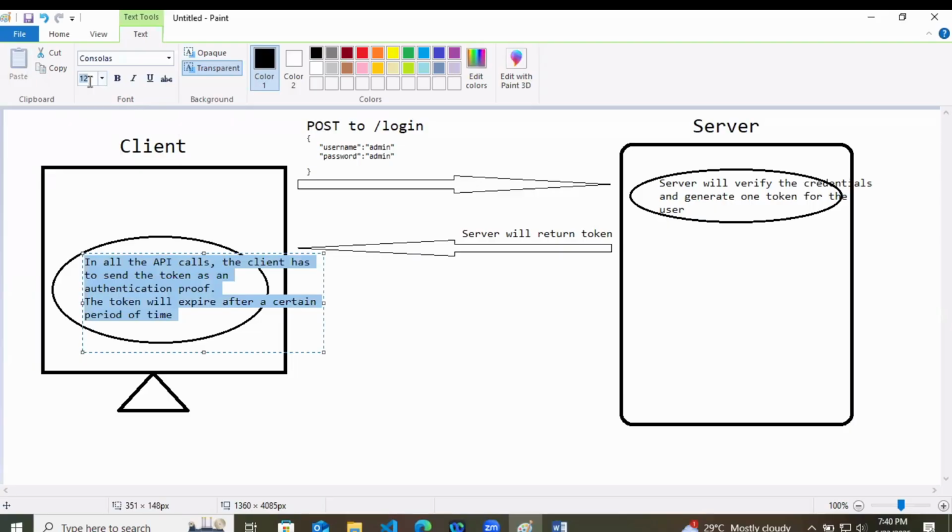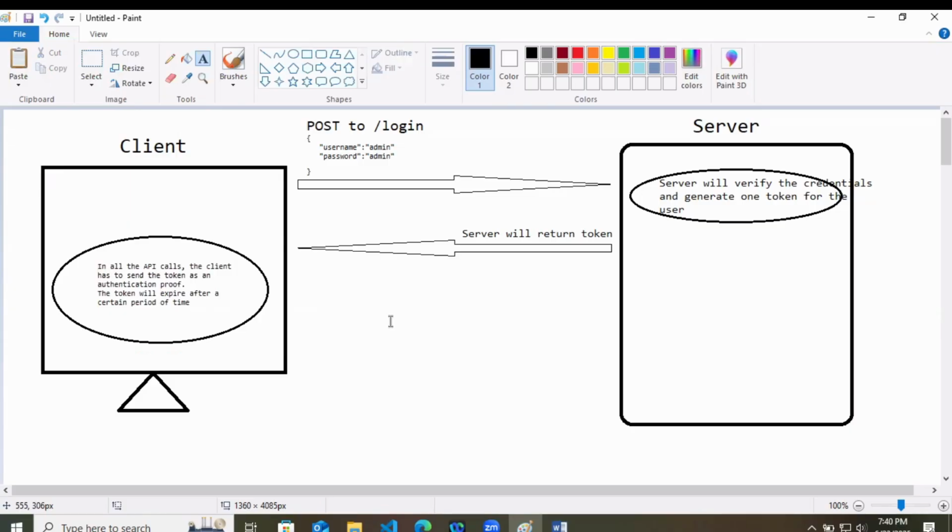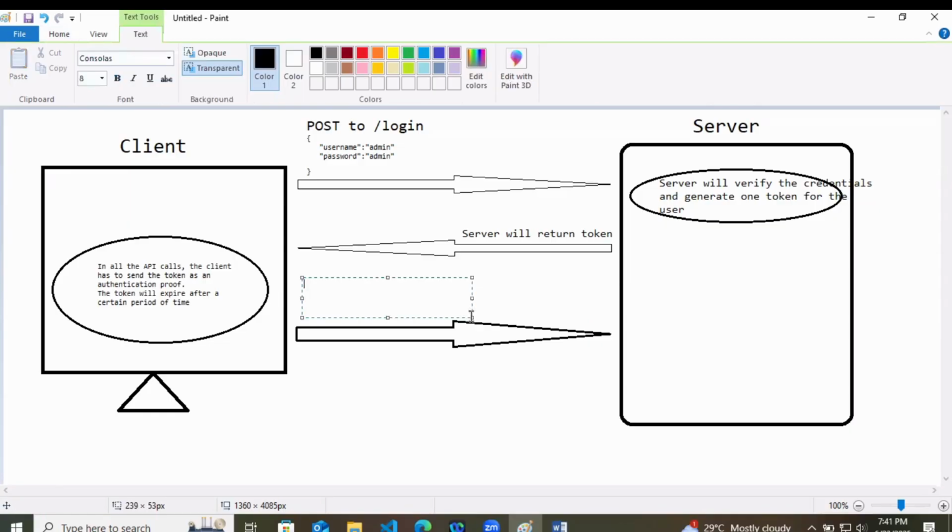Now, let's say the user has got the token. The user will try to make one GET request. Let's say some endpoint is available there, so the user will GET from slash welcome.